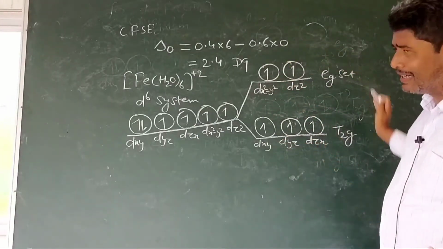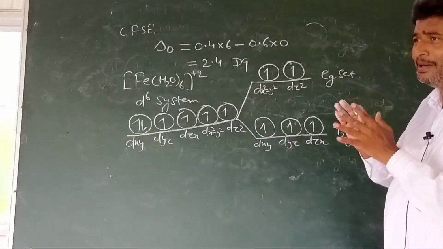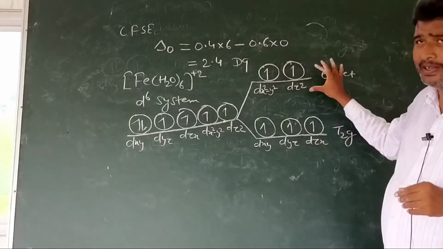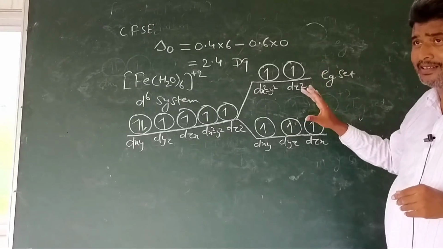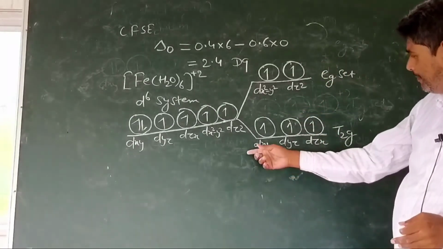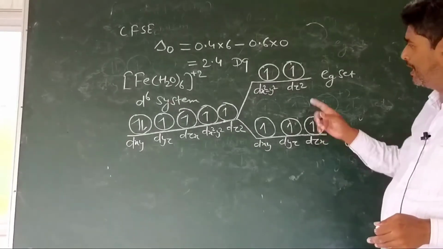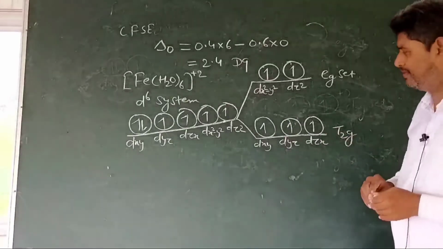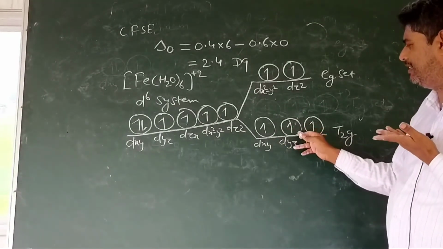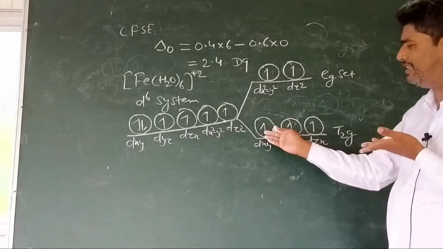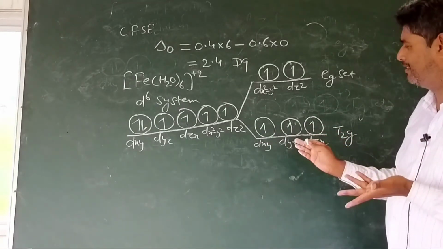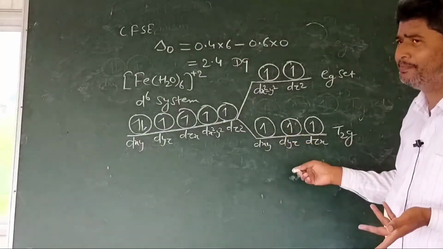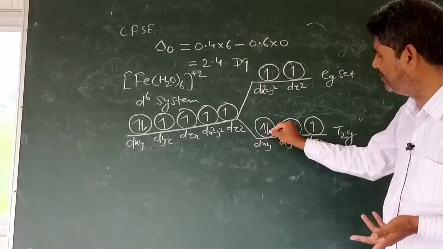Now 5 electrons have been distributed. We have only 1 electron. When the upper energy level is half filled, the remaining electron will start appearing from t2g to eg. So the remaining 1 electron will enter in either of these three, either in this, either in this, either in this. All are degenerate. The remaining 1 electron may enter in either of these or the pairing. For the sake of simplicity, we will show it in this.